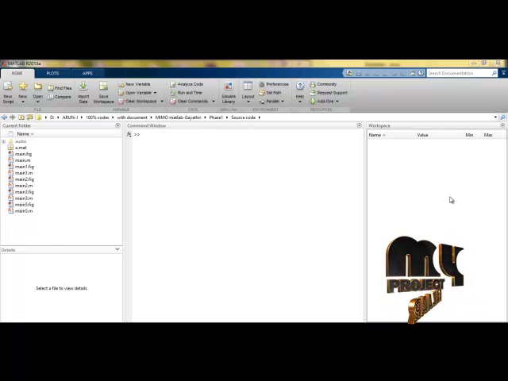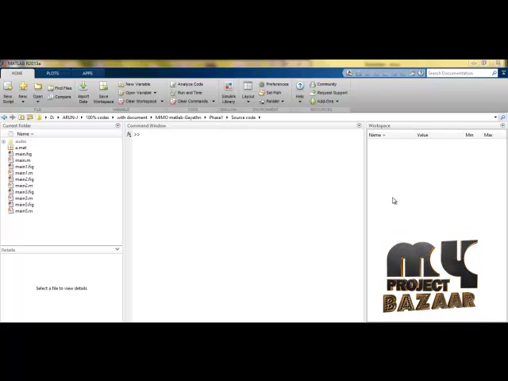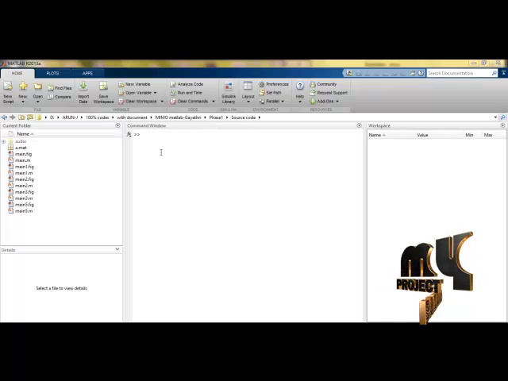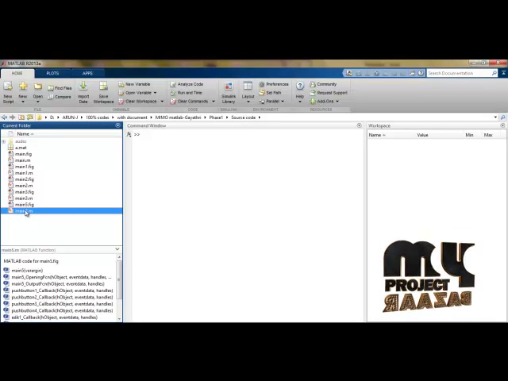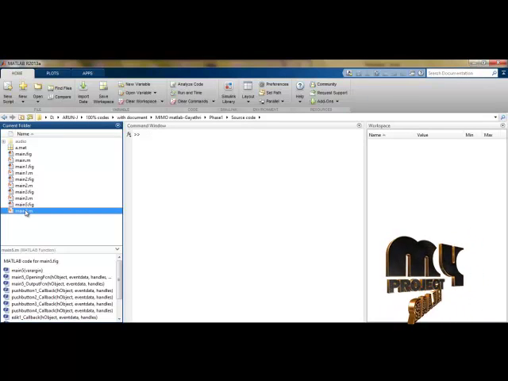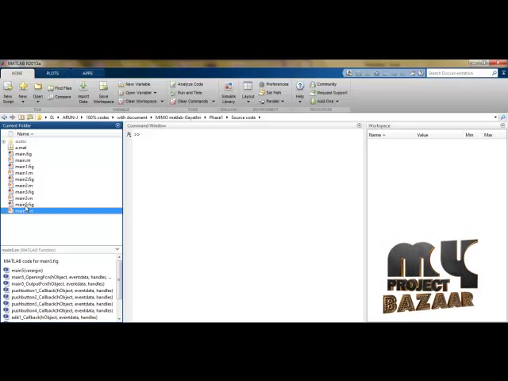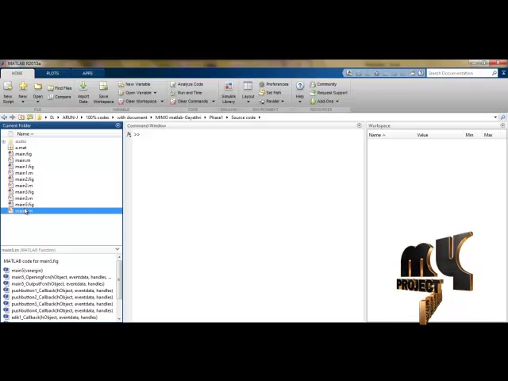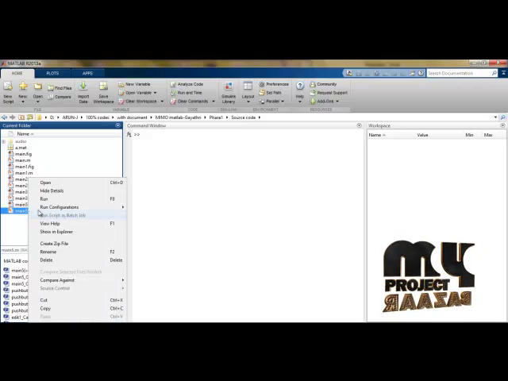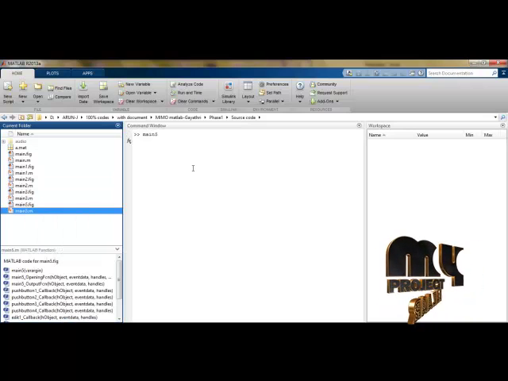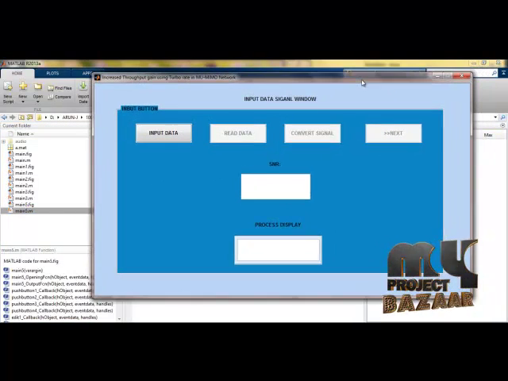This is the workspace, which shows the temporary results in the mat file, and you can see and execute the values from the workspace. This is the main command window. See here the main file. This is our first executable file, so we have to run this file. We can select it in every backup. You can see there are similar names with .fig files and .m files. The .fig file represents the GUIDE design. While you are running main5.m, it will recall main5.fig. Yes, so this is the GUIDE design.